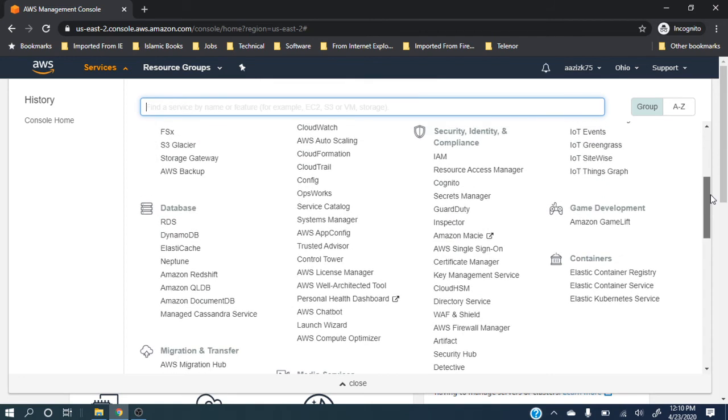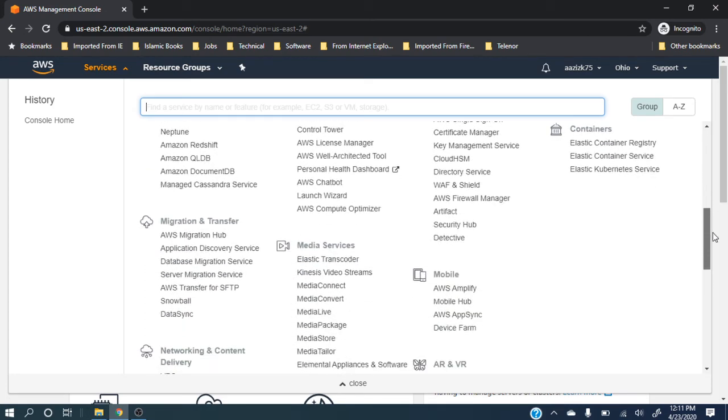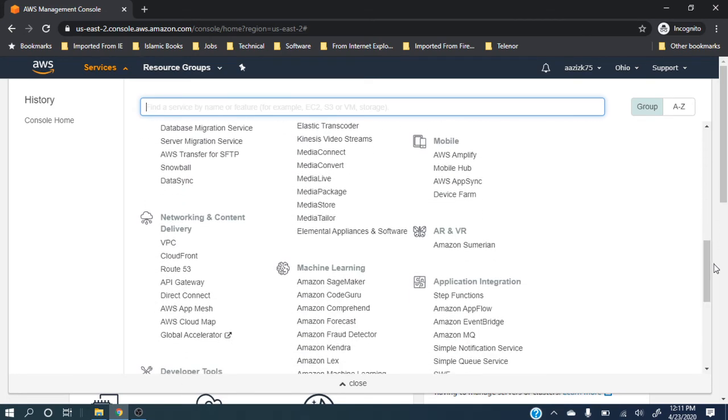Then for security, this is your identity. You want to add some users, you want to give some control to some roles to some user, you want to delete some user or whatever. I mean, you want to enable firewall and you want to disable firewall, you want to enable security. So everything you can do for identity and user management, you can do from here.